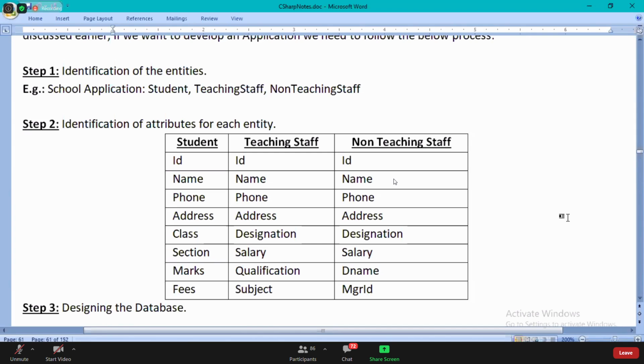Okay, so to overcome this particular code duplication problem, guys, if you want to overcome this code duplication problem, what you have to do is